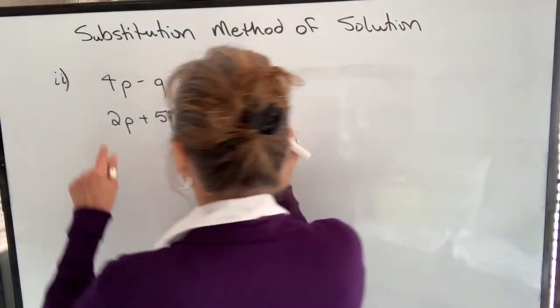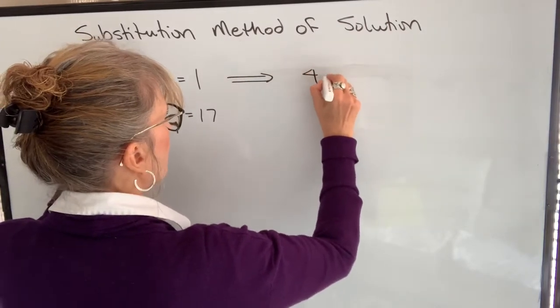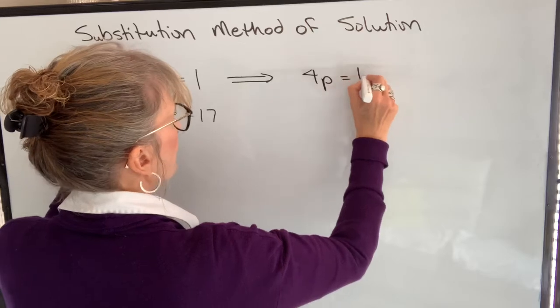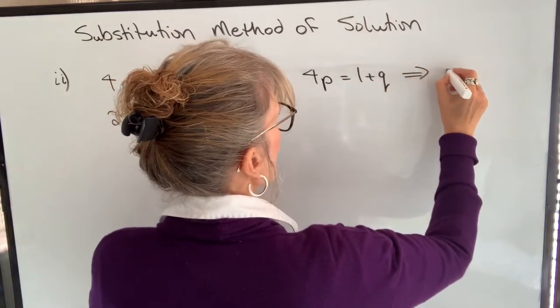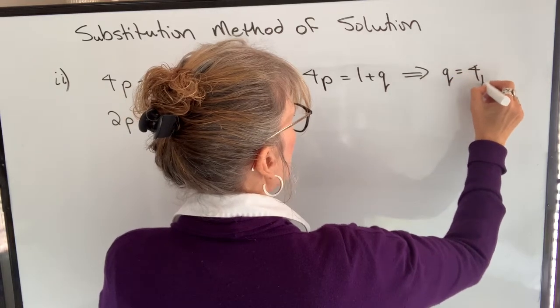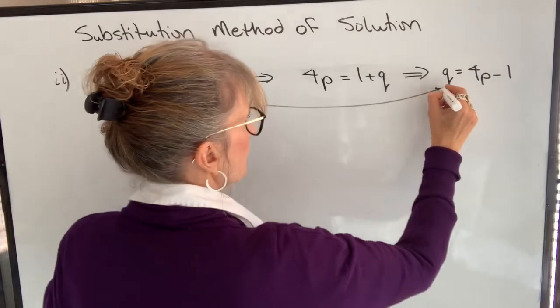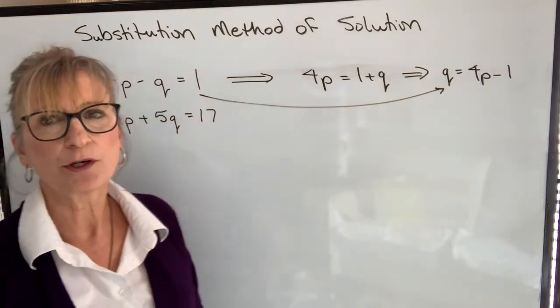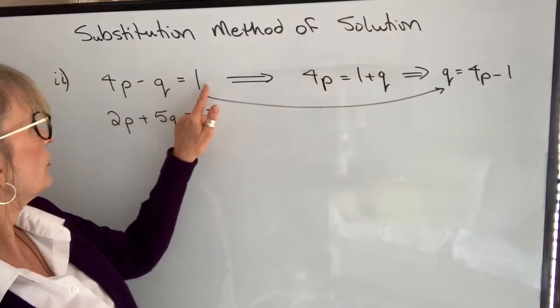So we're going to add a q to both sides, and I'll have 4p equals 1 plus q, and then I'll subtract a 1 from both sides. So q will equal 4p minus 1. And if you can go right from here to there, that's great. I just didn't want to lose anybody. So q by itself will equal 4p